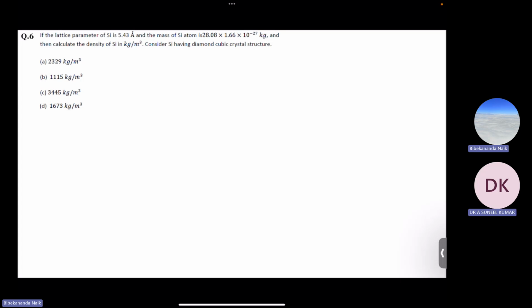Sir, here diamond has an FCC structure. So diamond has a particular structure, that's why it is called the diamond cubic structure. If we talk about the structure of diamond, there are two types of atoms. As I already mentioned in the previous question, in case of